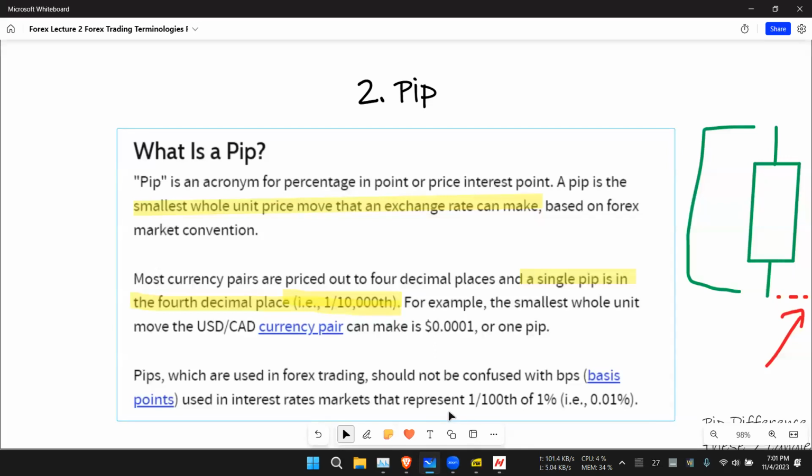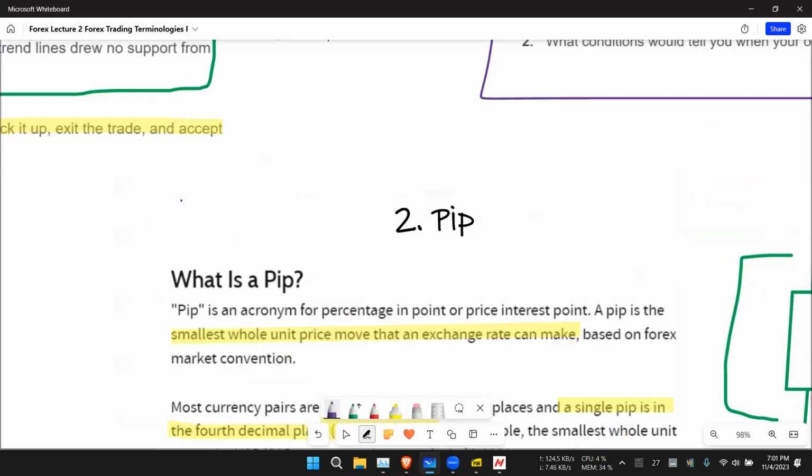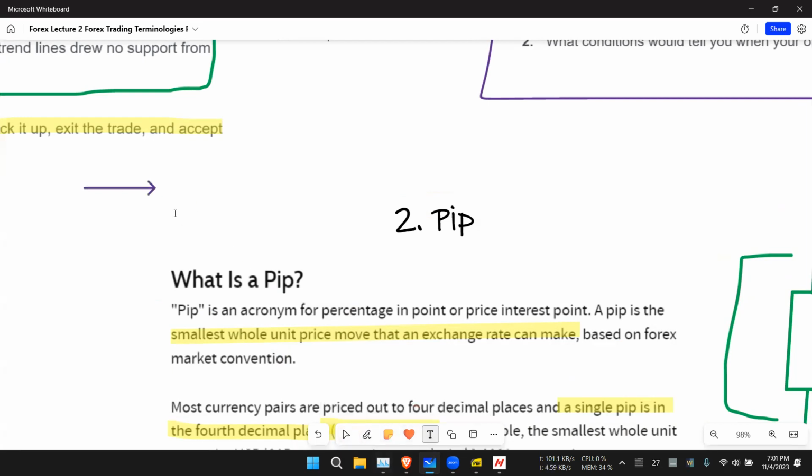They are not measured in euros or USD or something like that, because we have so many currencies. Chris, we have so many currencies. We cannot identify those losses in so many currencies. We need to have a standard. We need to have a standard that we can equally interchange. Like for example, if we have a loss, let me just show you. If we have a loss or a profit